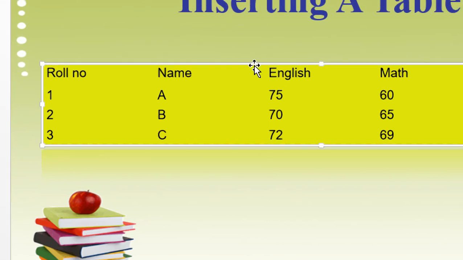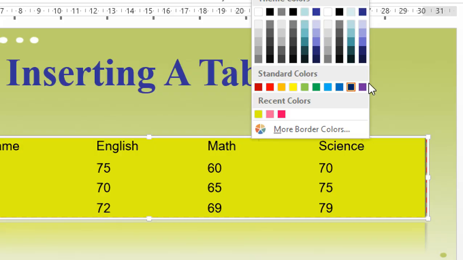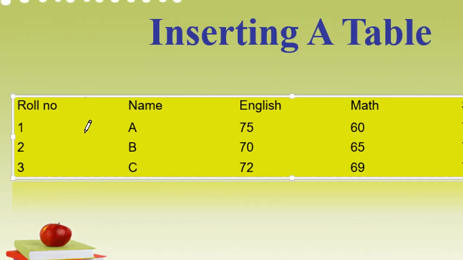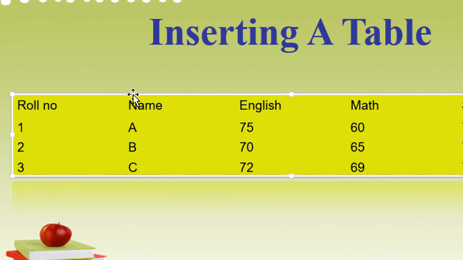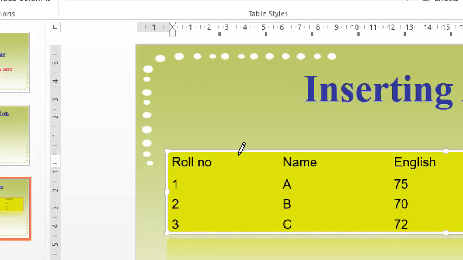One more thing, again we are doing simple: if you want to draw a single line, then also you can draw it in a pink color or any color and draw a single line only. This way. Okay, so this way you can draw a border color and border with the help of all these things. Clear, everyone? So this way you can do a border on a table by yourself. Okay, here it is.